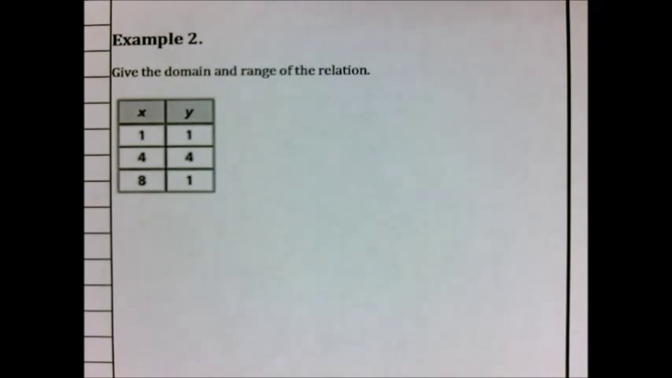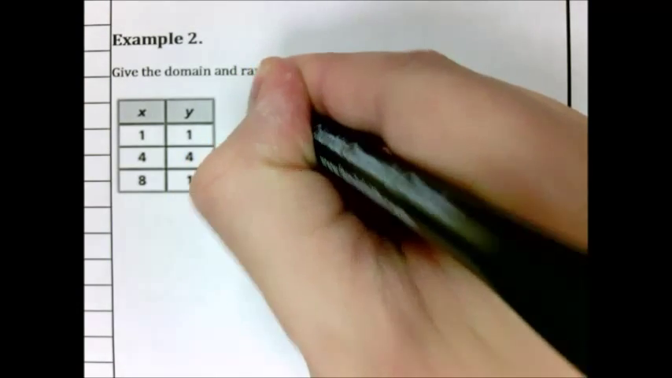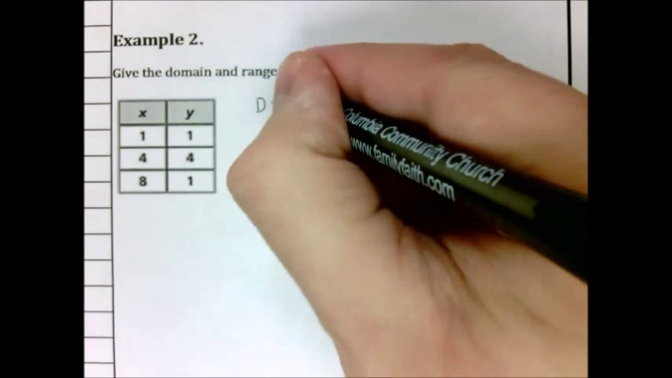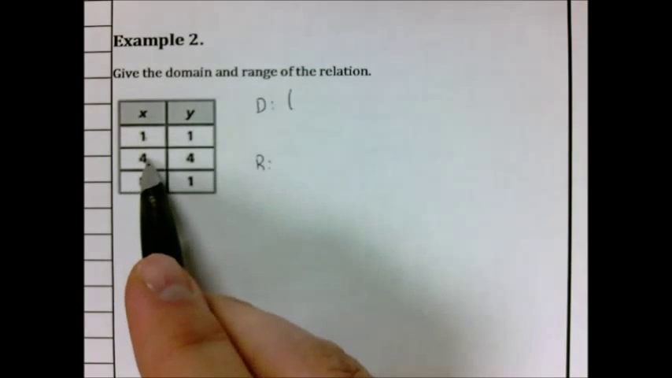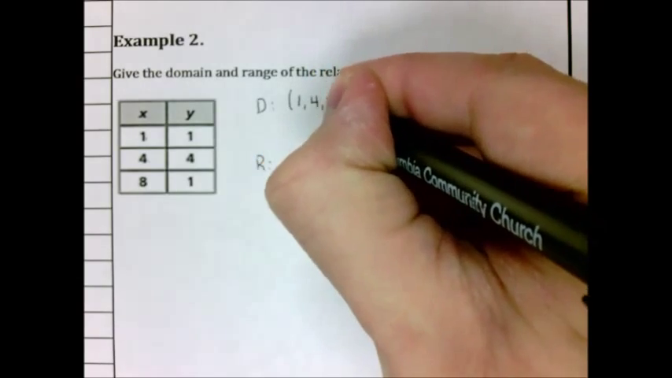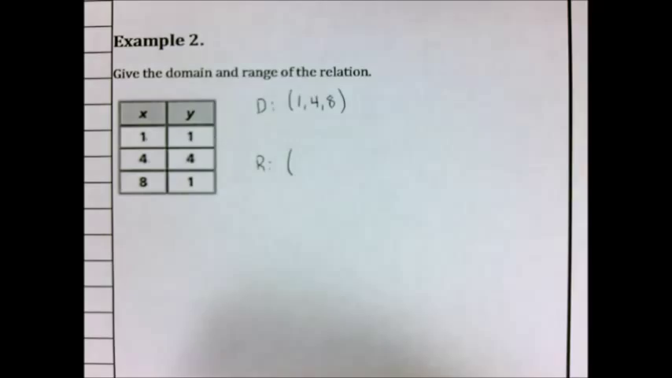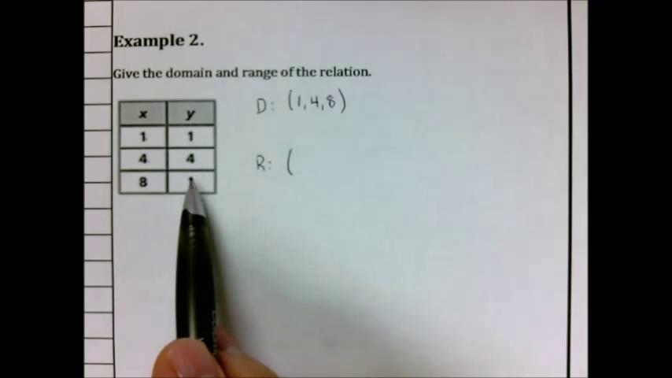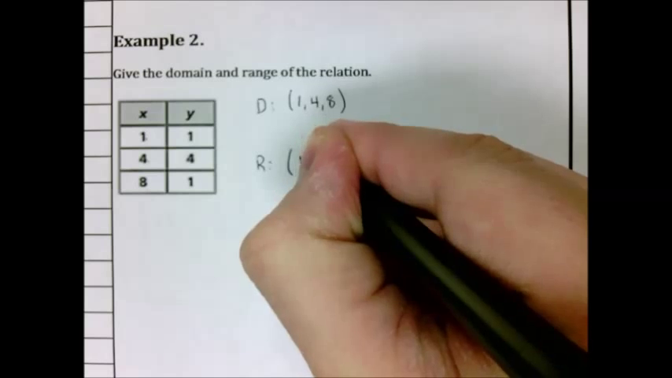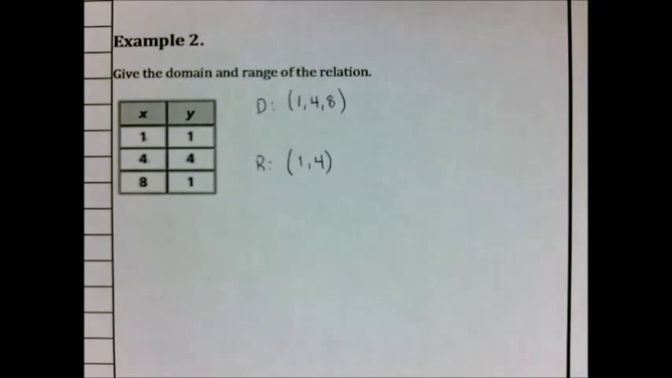Example 3 is the same type of thing, except this time we're using a table. And so again, we've got our domain, we have our range. We have to put for our domain every x value that's possible. So we have 1, 4, and 8 as our possible domain, our possible x's. And for our range, we have a 1, 4, and a 1. But these 1s are the same, so we only use one of them when we're talking about our range. It could be either 1 or 4. Okay? And that's how we're identifying domain in